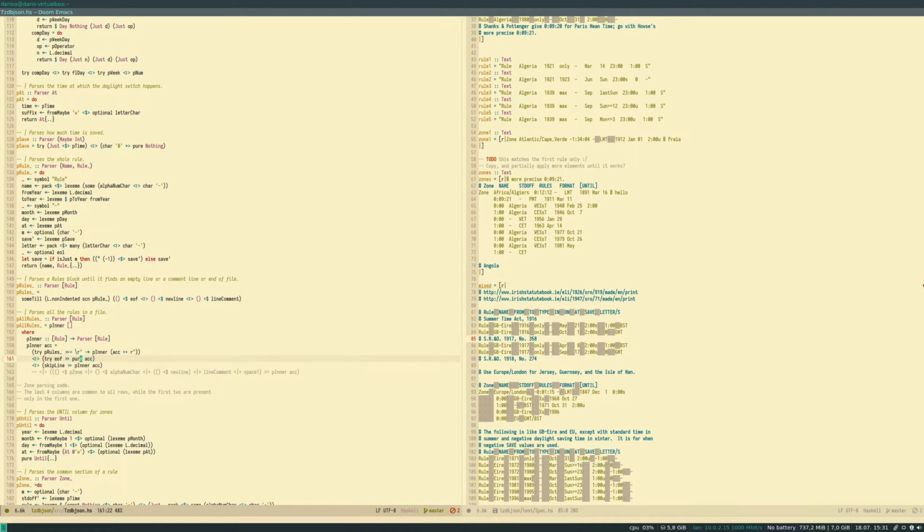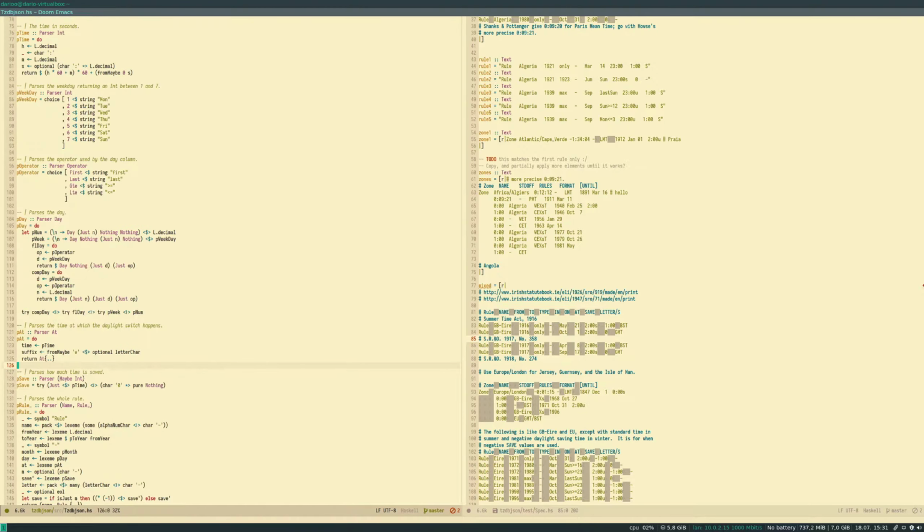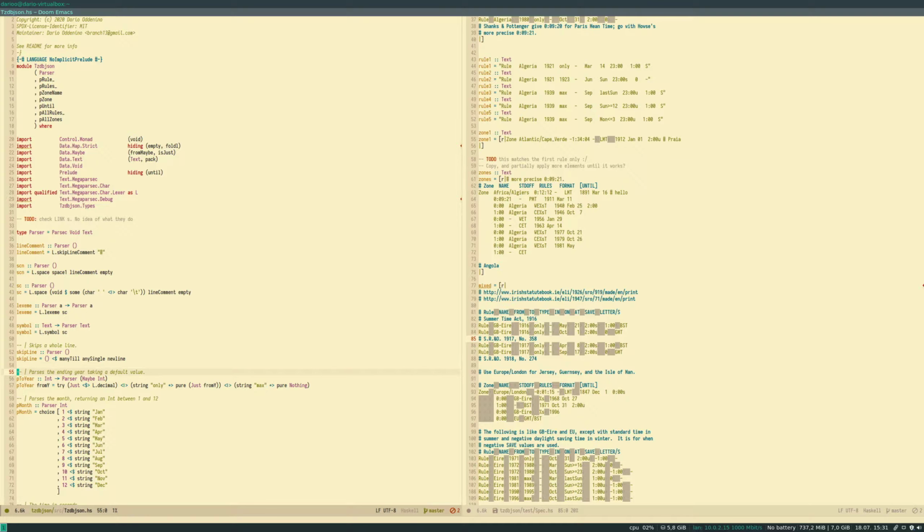If it's the end of file, it means that we are done and it just returns the accumulator. Otherwise, it just skips the line and calls the recursive function with the accumulator as it is. So skip line is basically a function that skips everything until the new line.